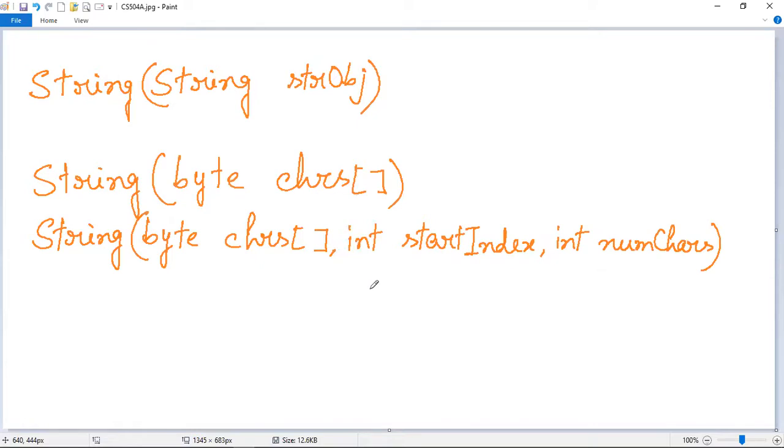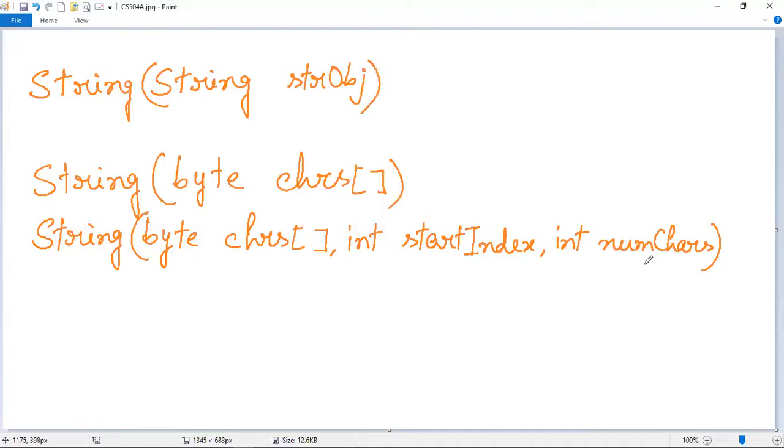Here chrs means the array of bytes, and the second form of the constructor of the string class allows you to specify a sub range using the start index, which gives the starting point of the sub range of the byte array.